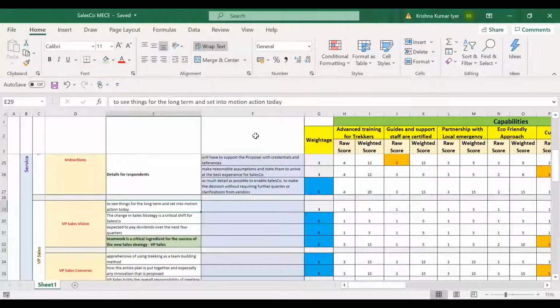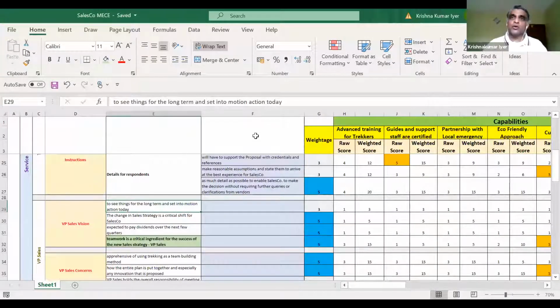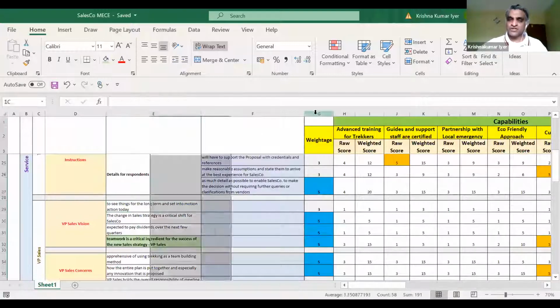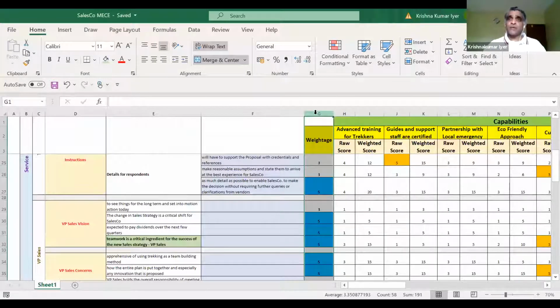Trying to figure out what the important issues are, you're going to be using your own sense of judgment, and sometimes you might even misinterpret it. What you want to do during your walkthrough with sales is get them to tell you which issues are of importance. And that's what you see in column G. The ones which are very important, you want to give a weightage of 5.